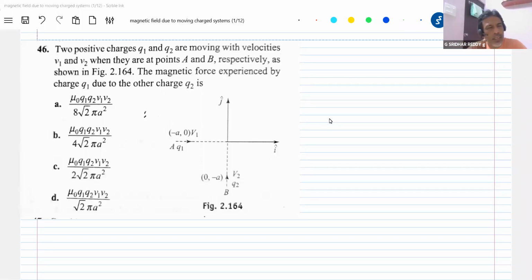Today we'll discuss the magnetic field due to moving charged particles, then a moving charged sheet, then rotating charged structures. Altogether, these are non-conducting charged objects. What about the field produced due to their motion? This topic we can call the magnetic field due to moving charged systems.